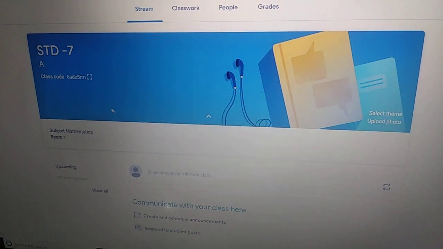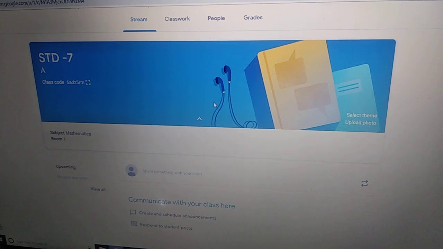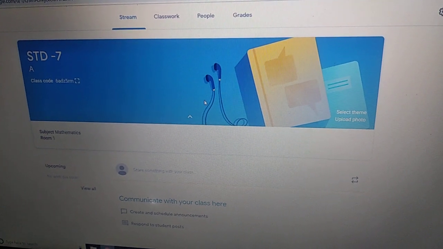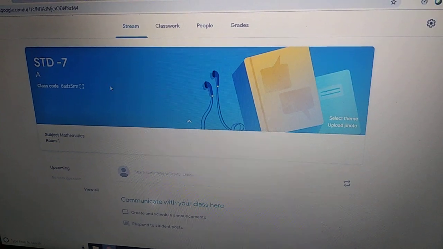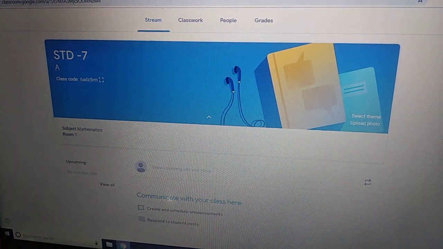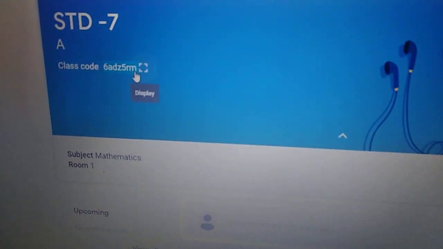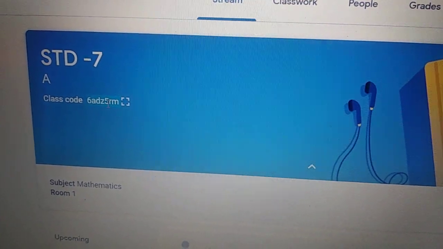Now the most important thing is the teacher has created a class, but how are the students going to come into the class? What the teacher has to do is, here towards the left, you can see this class code. The teacher will have to copy this class code and send it to the students.